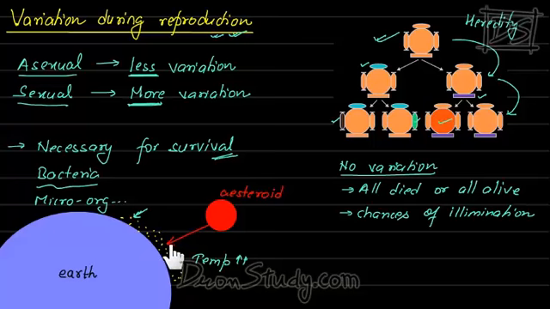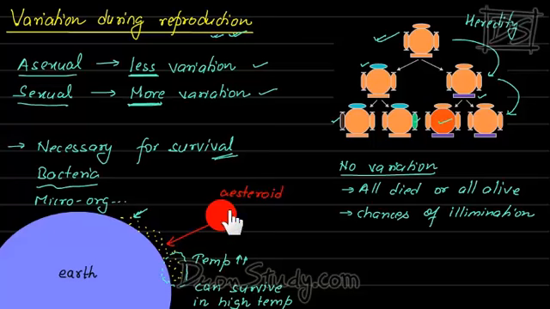But this isn't the case, because all bacteria are obviously not alike. We had just considered a hypothetical case. In reality, as I had told you, there will be a variation in reproduction, because of which bacteria are of different types. So some bacteria have developed on earth in such a way that they can withstand very high temperatures. Okay, so because of years and years of evolution, some bacteria have developed in such a way that they can survive even in very high temperature.